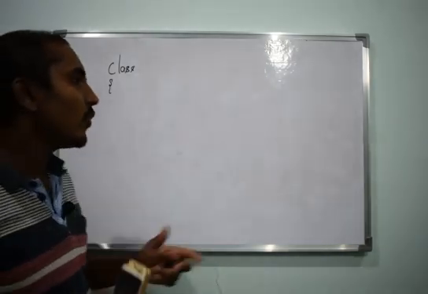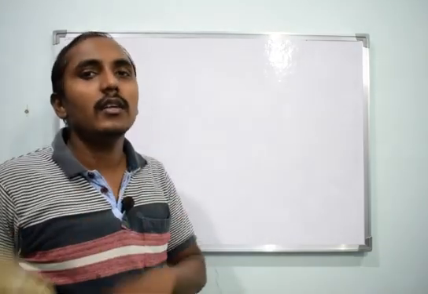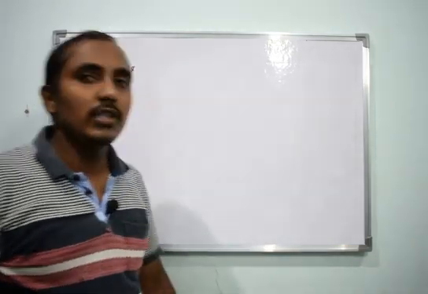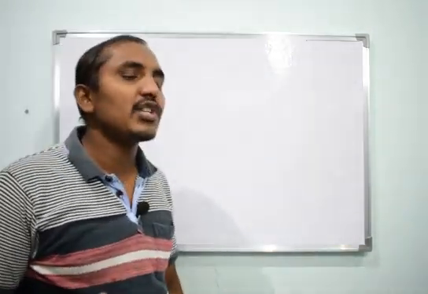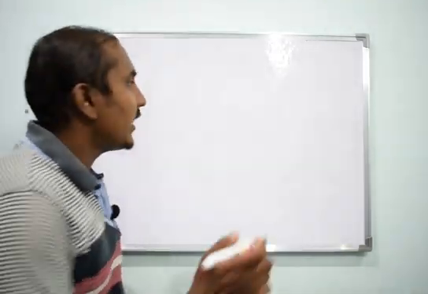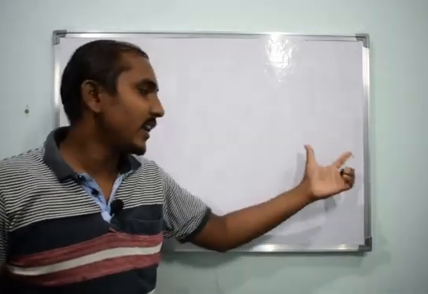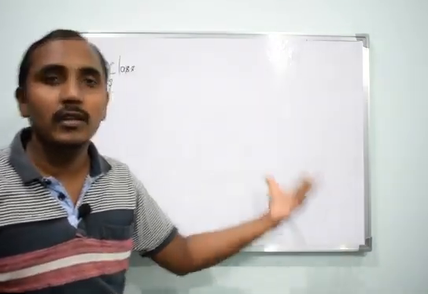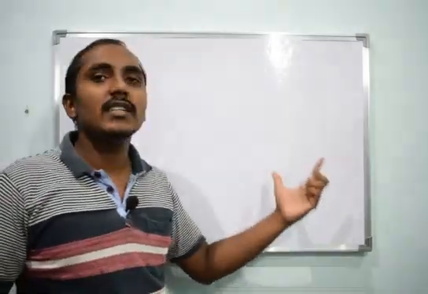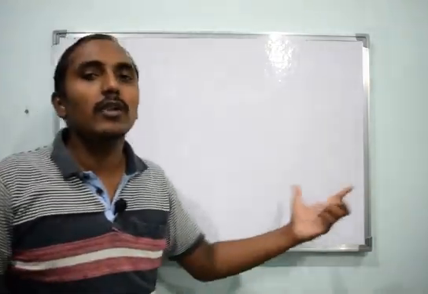As I told you, any application or software may have several frames. For example, if I consider a web browser as a simple software, it has something called a tab, where the first tab will be the first frame and the second tab will be the second frame. It will have some other information. Like that, if you want to store different types of information in a single application, under that single application we'll have several frames.